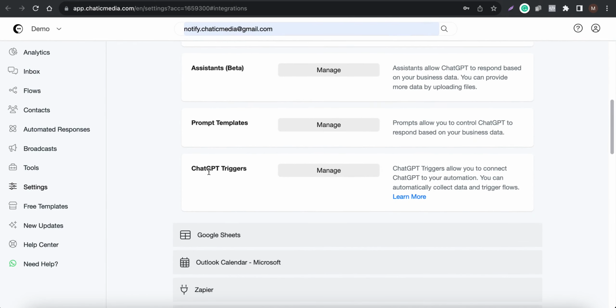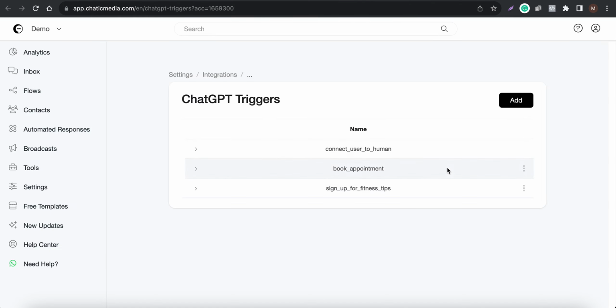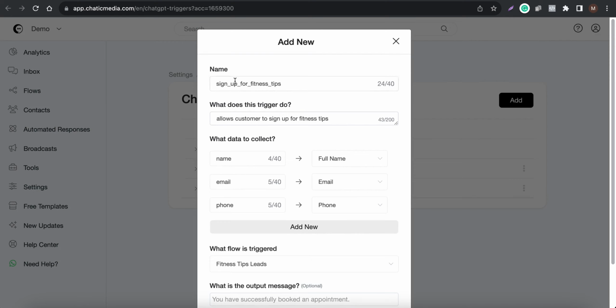So as I mentioned, ChatGPT triggers allow you to collect data and trigger flows. Let me click on manage over here. Here we have some ChatGPT triggers already created, for example, sign up for fitness tips. Let me show how this looks. The name of the ChatGPT trigger is sign up for fitness tips. Whenever a person says they want to sign up for the fitness tips, or asks, like, do you have a newsletter or something like that, then this particular ChatGPT trigger will be used to collect